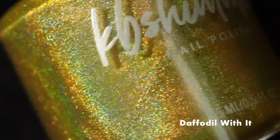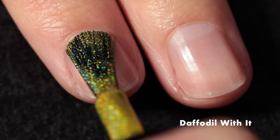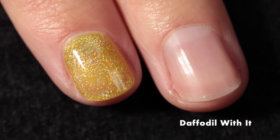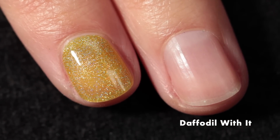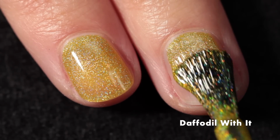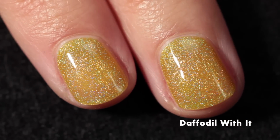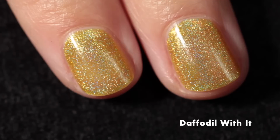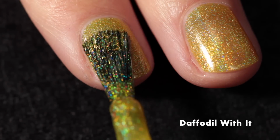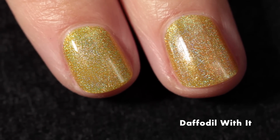Here we have Daffodil With It, and this one is obviously inspired by daffodils, which I love. They're beautiful. Yellow flowers are absolutely gorgeous. This one is described as a vibrant yellow linear holographic polish, and the joyful hue is supposed to mimic the early spring daffodils, which this definitely makes me happy. So this has a fantastic formula. I found that it built up